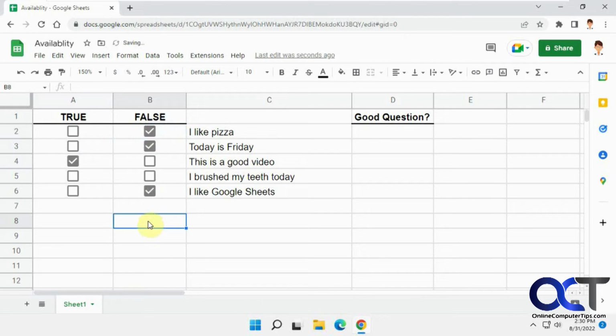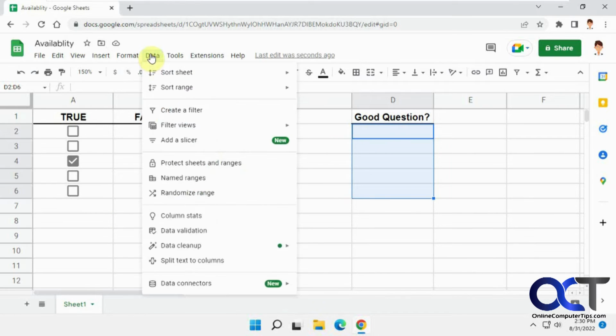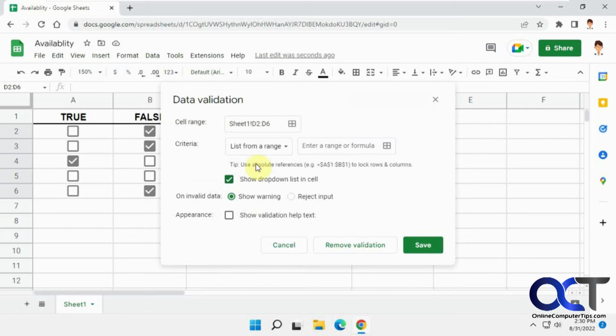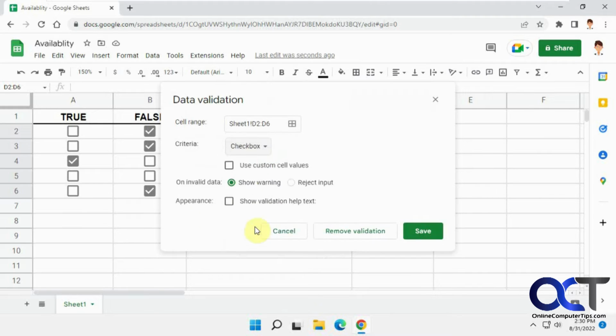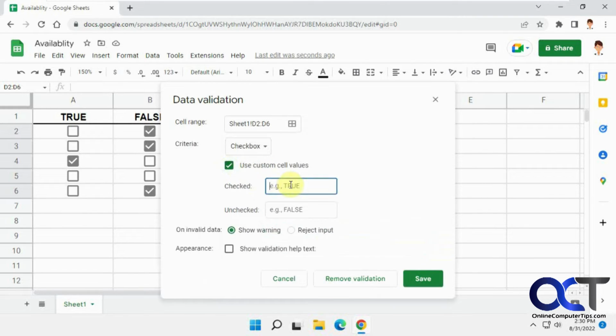That type of thing. And then over here, we're going to do the same thing, except we're going to use one of the other options. So we're going to do the same thing where we select the cells, Data Validation, Checkbox, but this time we're going to do custom cell values: yes for checked and no for unchecked. And then if you want to have